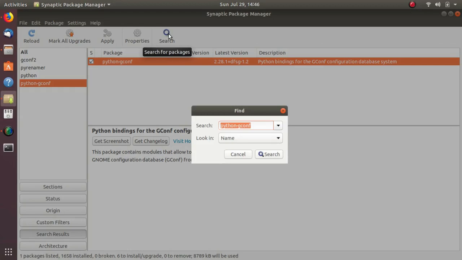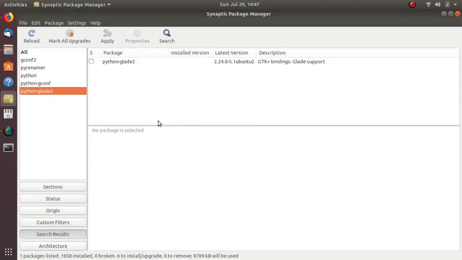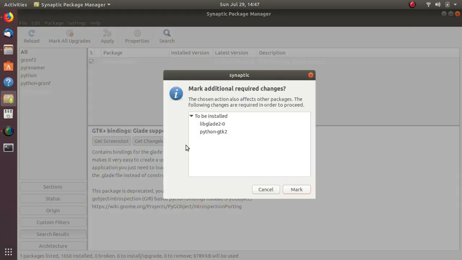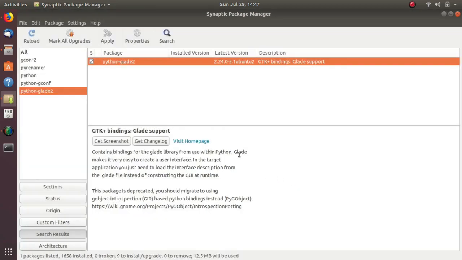Now I'm going to search for python-glade2. I don't have to retype what I already have. Search. And that's in the repository. Mark for installation. And these other things are required changes. One of them is the one I was going to install anyway, but I'm going to mark that. So it's already going to install